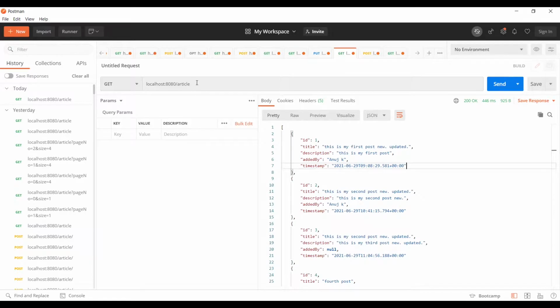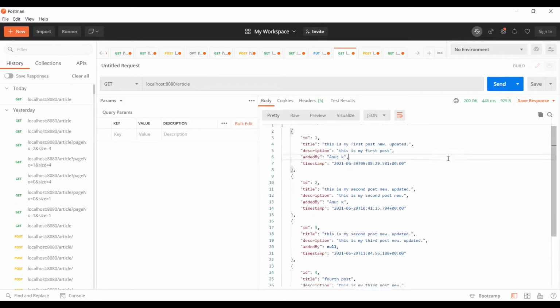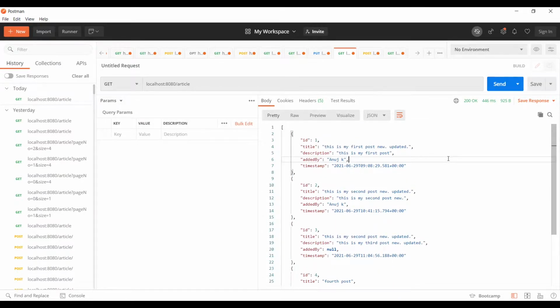We had already created an API to get all the articles by /article. Now the problem with this API is that it gives all the records. Suppose in our database for this particular table we have 1 million records, then it will bring all those records. Let's suppose we want only 10 records, and after that if a person clicks more, then we bring 10